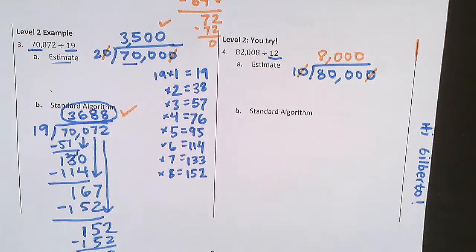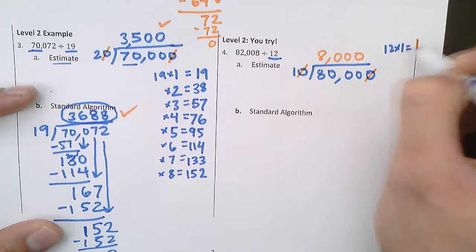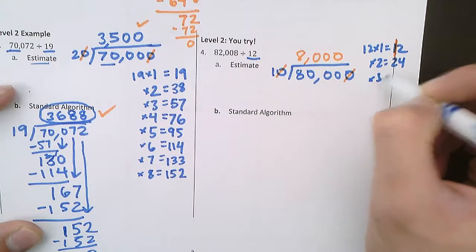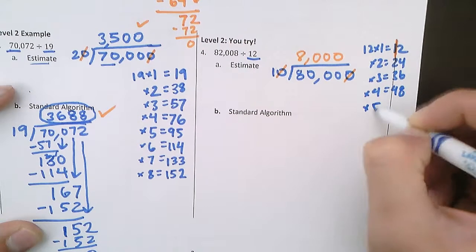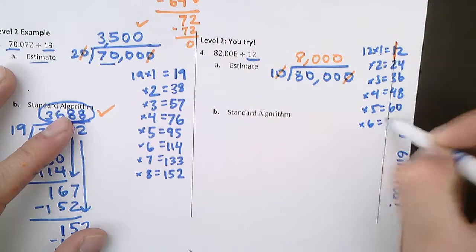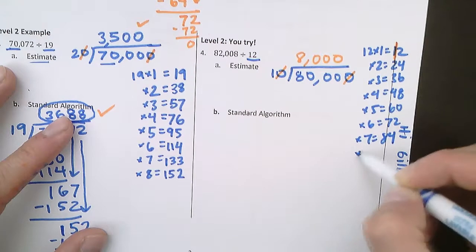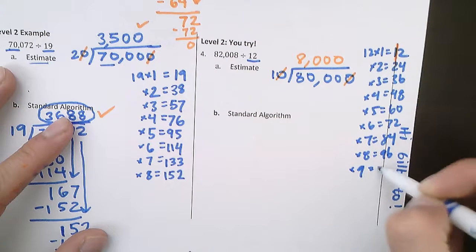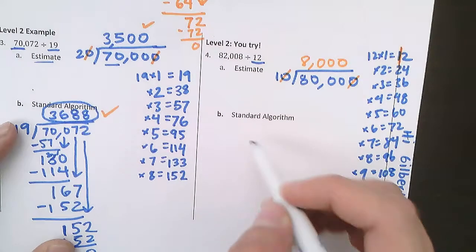Now, if you wanted to, you don't have to, you can write out the multiples of 12. 12 times 1 is 12, add another 12, times 2 is 24, times 3 is 36, times 4 is 48, times 5 is 60, times 6 is 72, times 7 is 84, times 8 is 96, times 9 is 108. Okay, so